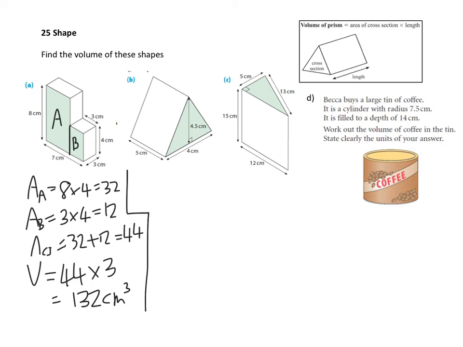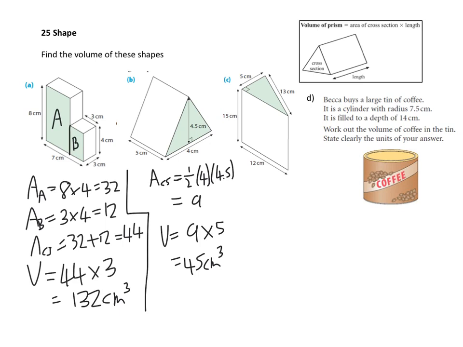Part B, the area of that cross section is only one part, it's a triangle, so it'll be a half times the base, which is 4, times the height, which is 4.5. Half of 4 is 2, 2 4.5s is 9. So the volume is going to be the area of the cross section, 9 multiplied by its length, 5, which gives 45